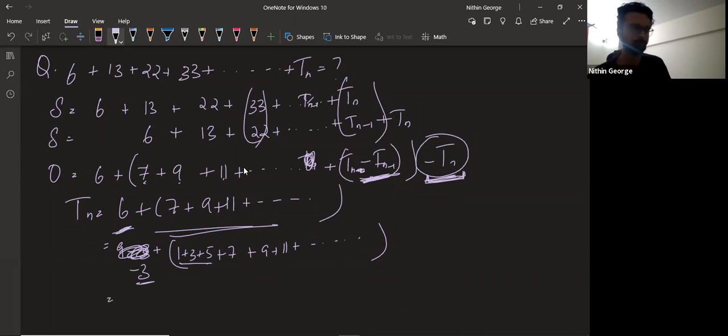Okay. Now what do we do? Come on, guys. So how many terms will be there? That is the next question. That's the important part here. How many terms will be there? Okay. So from T1 till the nth term I went. So this will be which term of this AP.